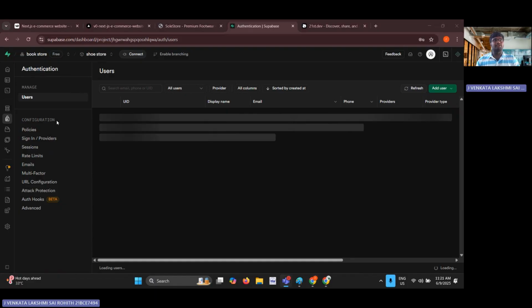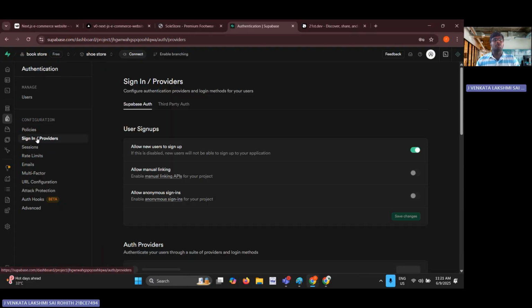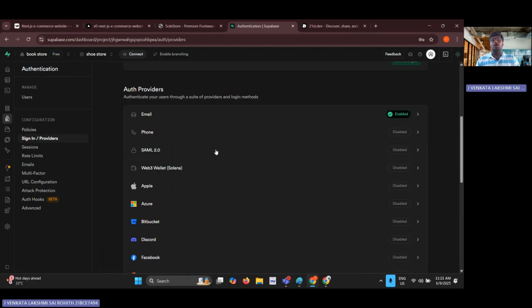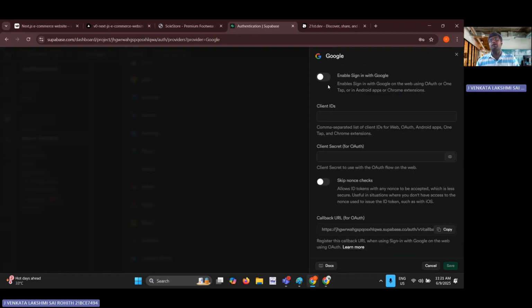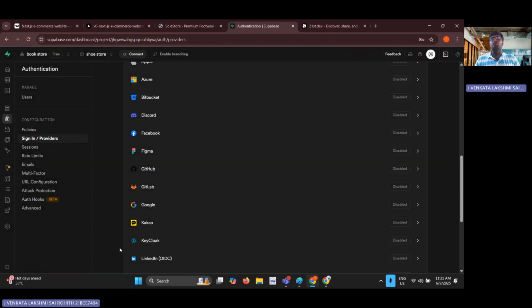Let's head out to authentication. There you see sign in providers. Go to sign in providers, and downside, let's go to Google. Here you can see Google, and just enable sign in with Google. Here we have two different text boxes, a client ID and a client secret. To generate these, we need to head out to